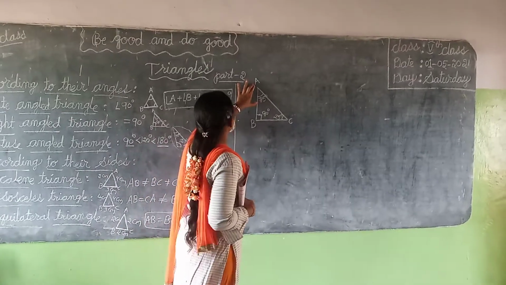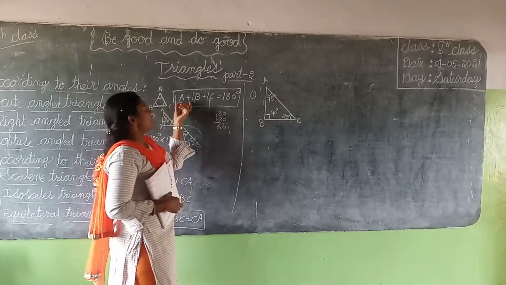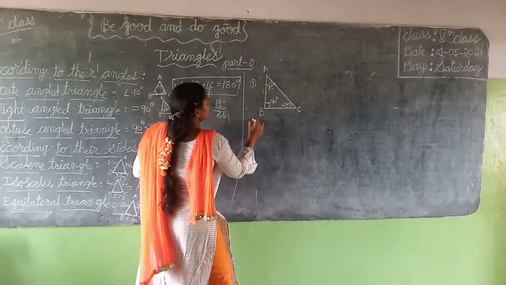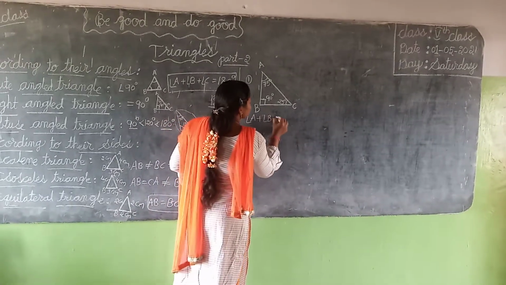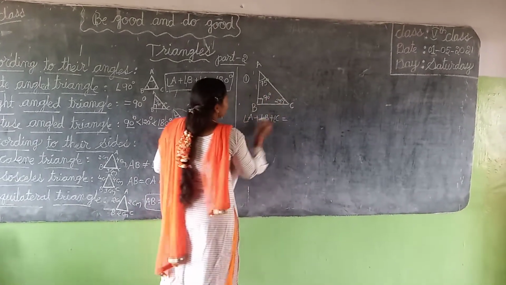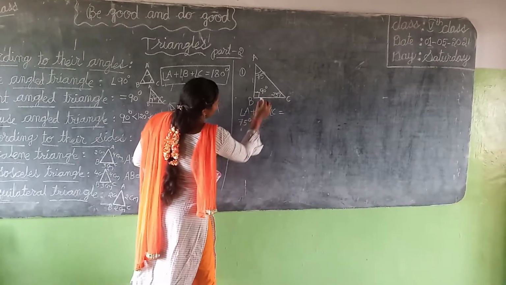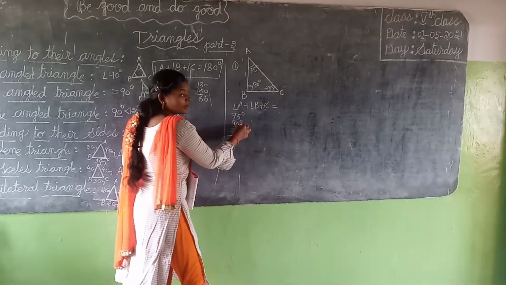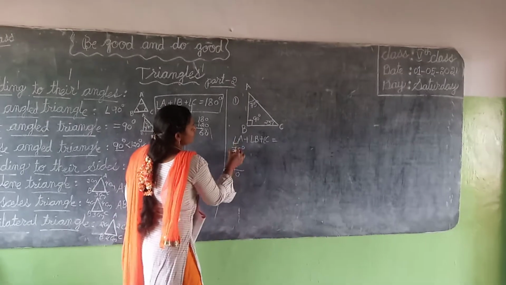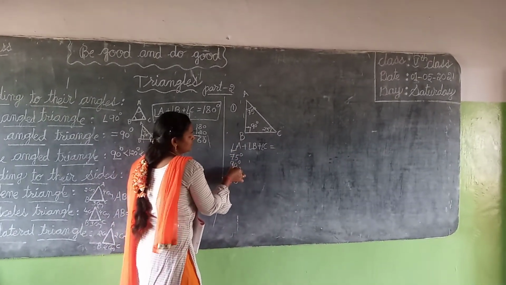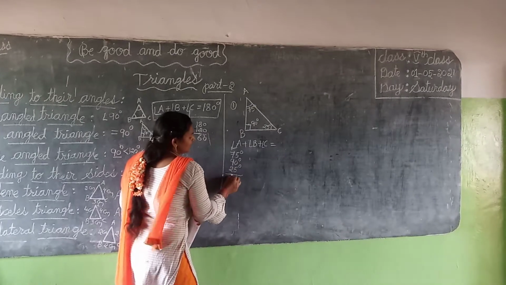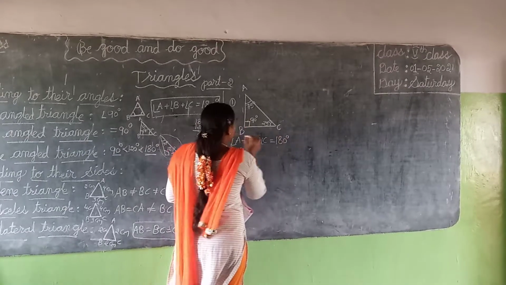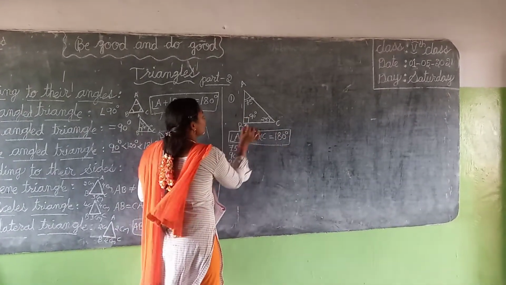According to the properties of this triangle, angle A plus angle B plus angle C is equal to how many degrees? 180 degrees. So, count this. Angle A is 75 degrees, angle B is 90 degrees, and angle C is 25 degrees. So 5 plus 0 is 5, and 5 plus 5 is 10. So 1 plus 7 is 8, 8 plus 9 is 16, and 2 is 8. So 180 degrees is given. So in any triangle, angle A plus angle B plus angle C is equal to 180 degrees.